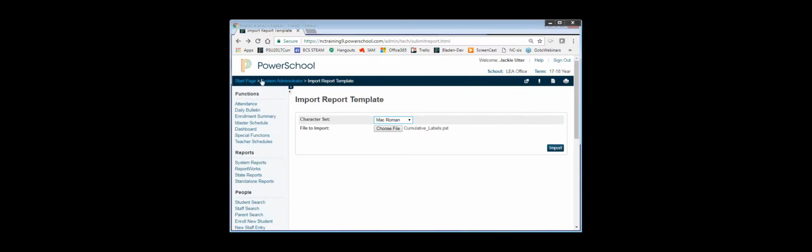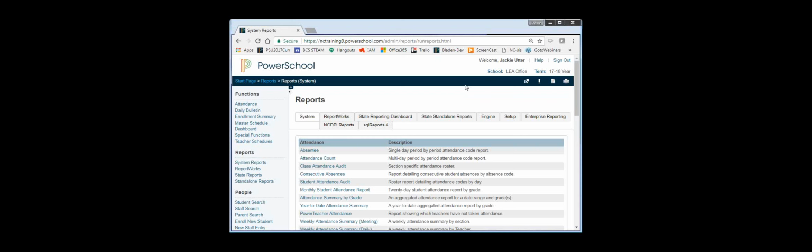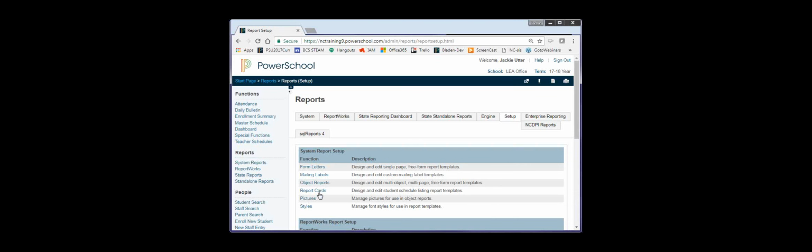So I'm going to click back. I'm going to go back to my start page. I'm going to go under System Reports because that's where all of the reports live. I'm going to go under Setup, and under Setup, I'm going to go to Mailing Labels on the left. And I should see one now that says Cumulative Labels. So if I click on Cumulative Labels,